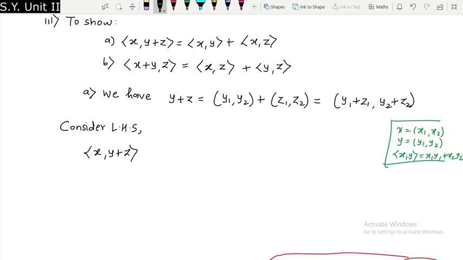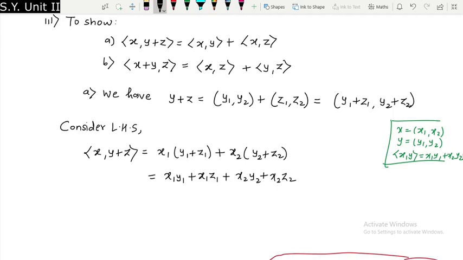So this will be equal to, so what will be this inner product? So x चा पहिला कोऑर्डिनेट x1 आहे म्हणून x1 येईल मल्टिप्लाइड बाय y प्लस z चा पहिला कोऑर्डिनेट काय y1 प्लस z1 प्लस आता x चा दुसरा कोऑर्डिनेट काय x2 आणि y प्लस z चा दुसरा कोऑर्डिनेट काय y2 प्लस z2 असं येईल, विच इज फर्दर इक्वल टू x1 आत टाका, सो x1 y1 प्लस x1 z1 प्लस x2 y2 plus what x2 z2. Now simple adjustment is there.